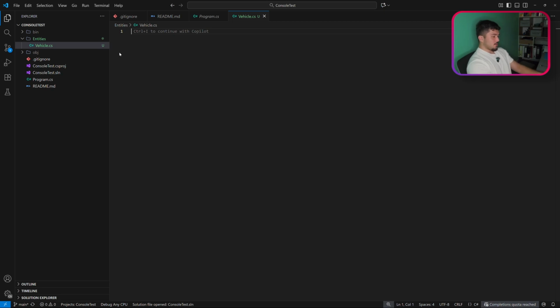To declare a namespace, we just write namespace, and now the namespace is the root folder all the way to the folder that we are in. So the root folder of the project is console test, as you can see up here. This is the root folder. Then you give it a dot, and then all the way down. So entities is the next folder,